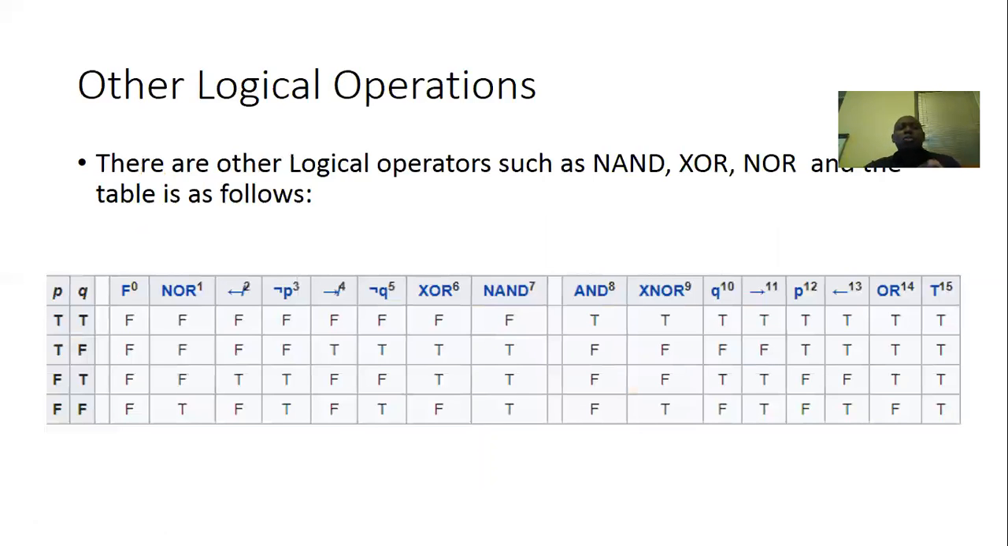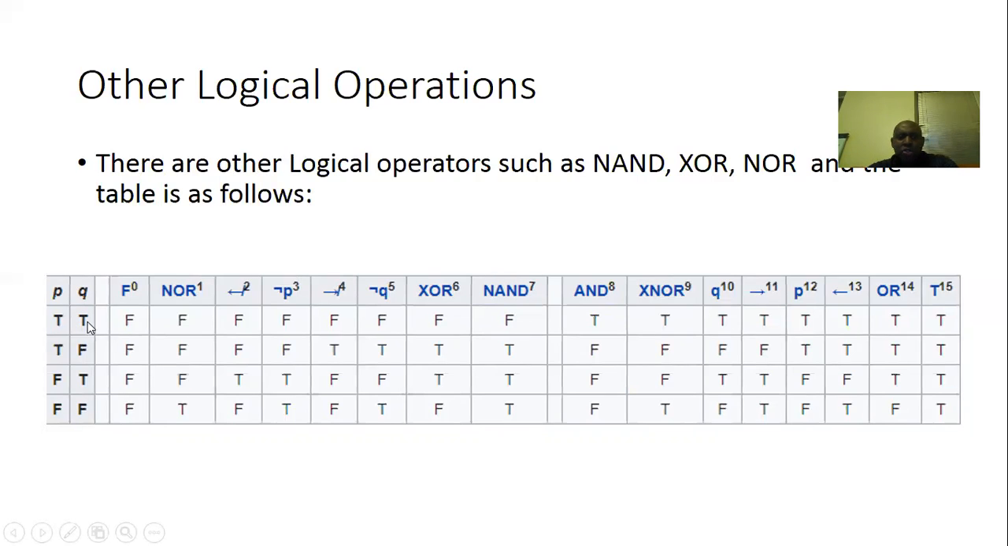But there are a number of other operations that are similar to those. One of them is the NAND, and another is the XOR. The NAND operator, for instance, is actually like not AND. So if you look at the NAND operator here,